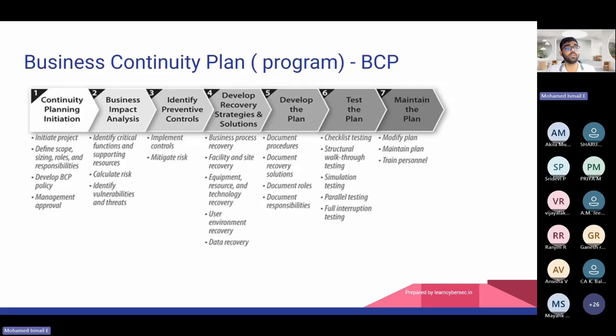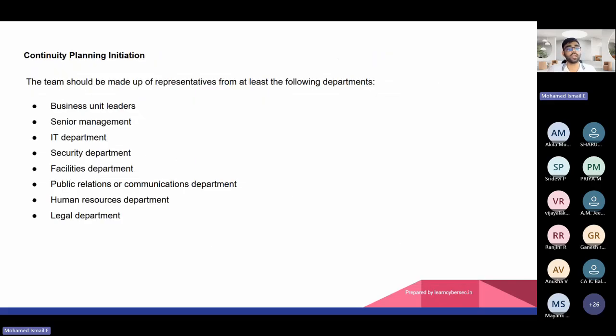Now the Mango Private Limited CEO or the management asked you to prepare a business continuity plan. That's not the real case, because as a security officer you are not responsible for preparing the business continuity plan, as you only have security controls, not other business controls, right? That's why the business continuity plan is prepared by different people together.